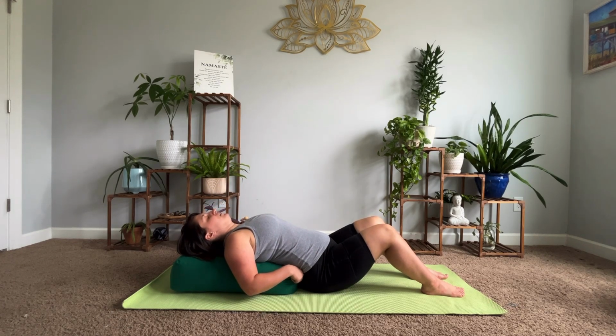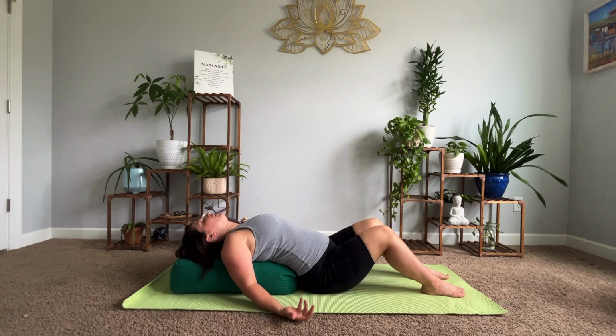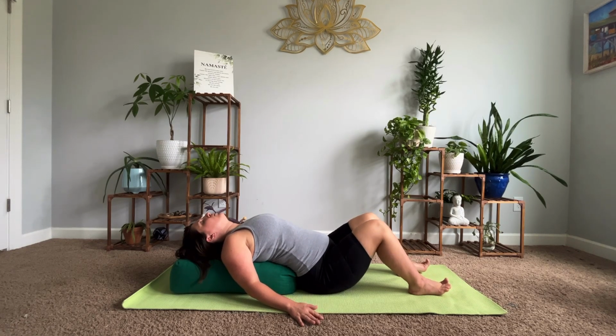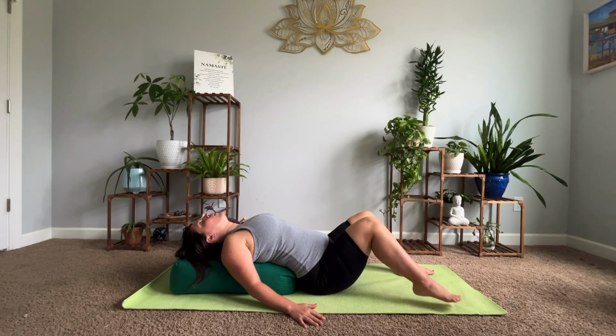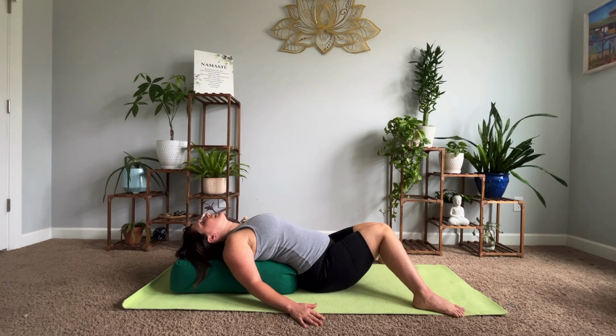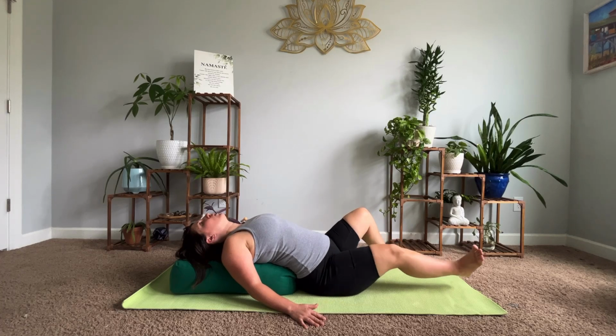taking your time. And once you are fully rested onto this bolster, just letting your arms drape down by your sides, palms can face up or down. And just noticing here, before we get settled into this pose, how your lower back feels. If this is already enough on your lower back, you can keep your knees bent, or you can walk your feet to the corners of the mat and let the knees cave in to touch. I prefer to extend my legs long,